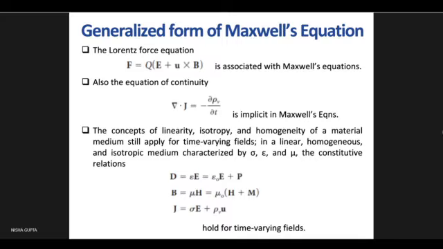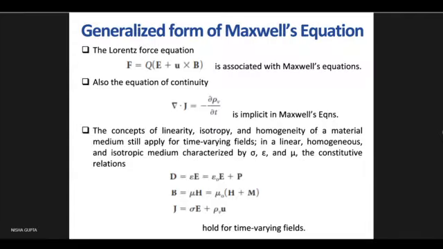Okay? So homogeneous is with respect to the distance, that is, at all the points. Isotropic is with respect to the direction. If the material property is the same in all directions, then it is isotropic. If the material property is the same at all the points in the material, everywhere in the material, then it is going to be a homogeneous material.